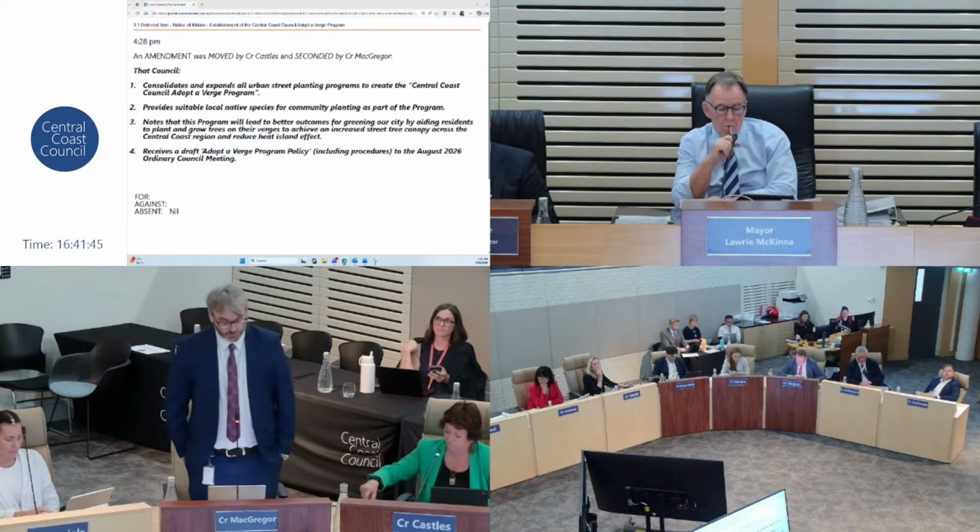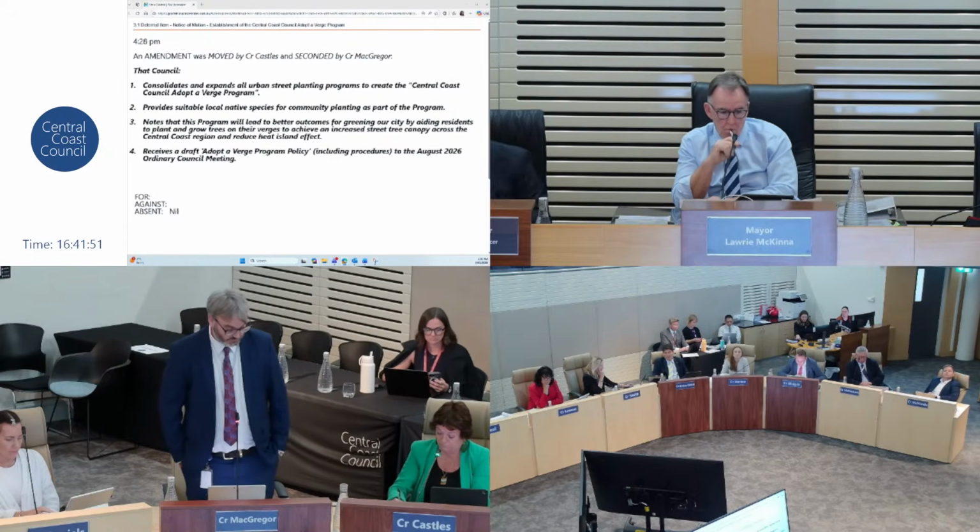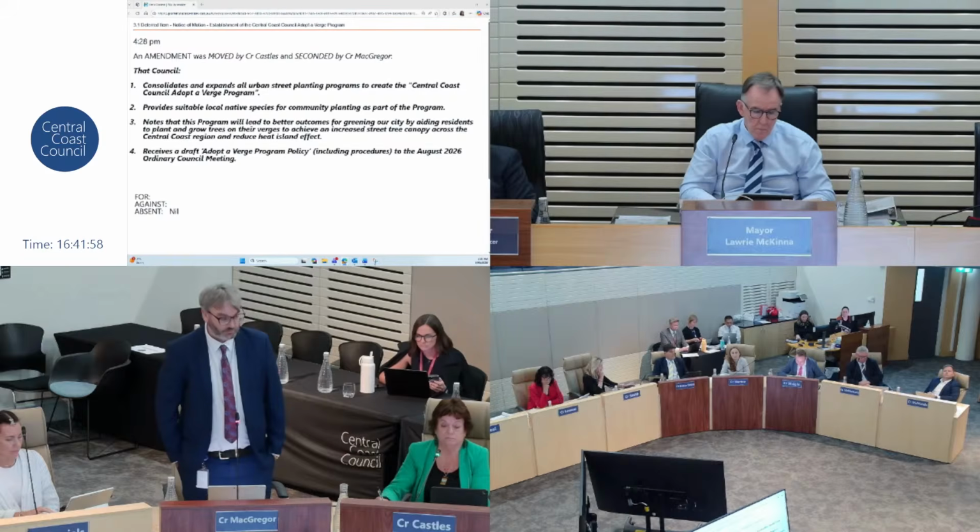It was supposed to be $200,000 for the peninsula and $200,000 for the suburb of Gorokan, which is actually 4 degrees hotter in summer than the rest of the Central Coast because of the heat island effect. Gorokan and the north misses out, as usual, with the amalgamation. We might be able to get half of what we were entitled to 6 years ago on the peninsula, but